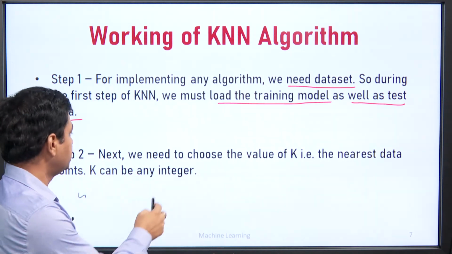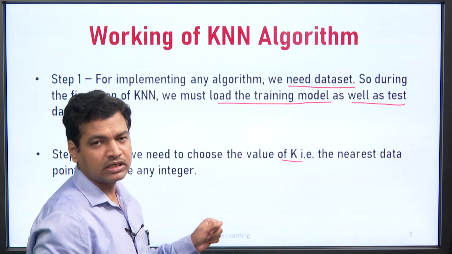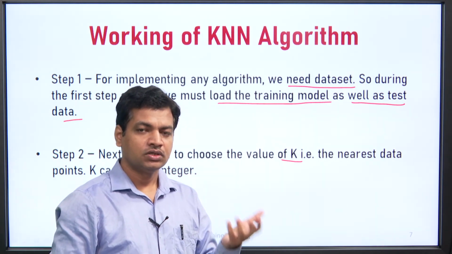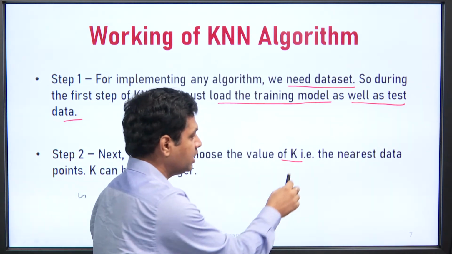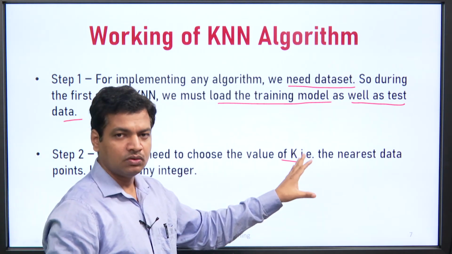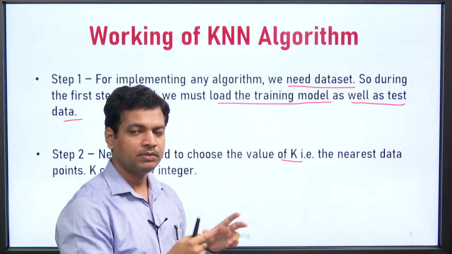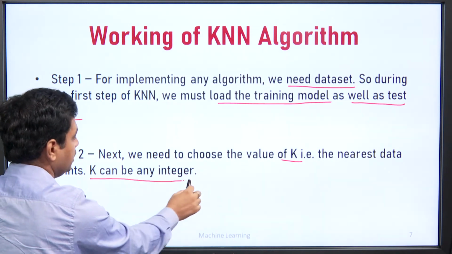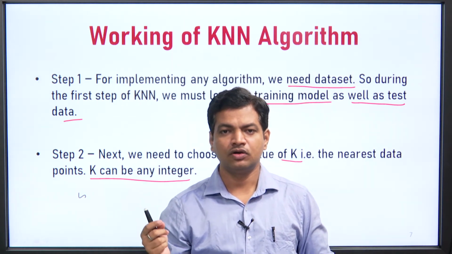Now, the next step is to choose the value of k. As we saw in the earlier slide, by selecting the k value, our solution itself changes. So, we must be very careful while selecting this k value. K holds an integer, and that integer says how many neighbors surround that particular entity. So, the nearest neighbor count k can be any integer. We will see how the optimum value of k is determined.